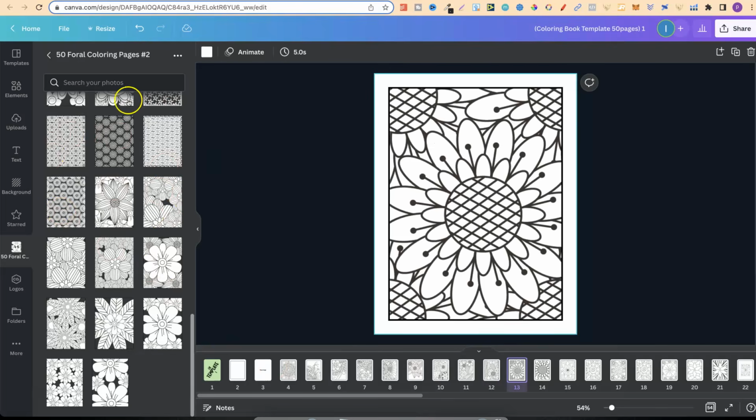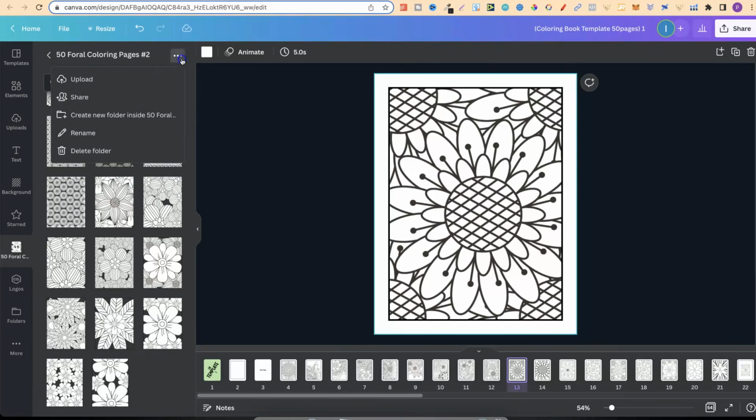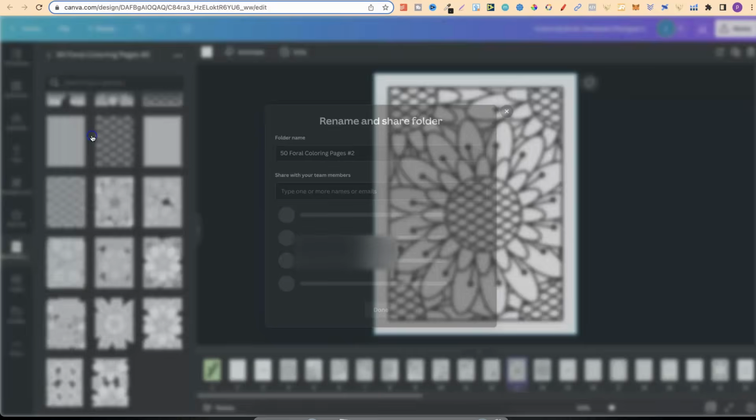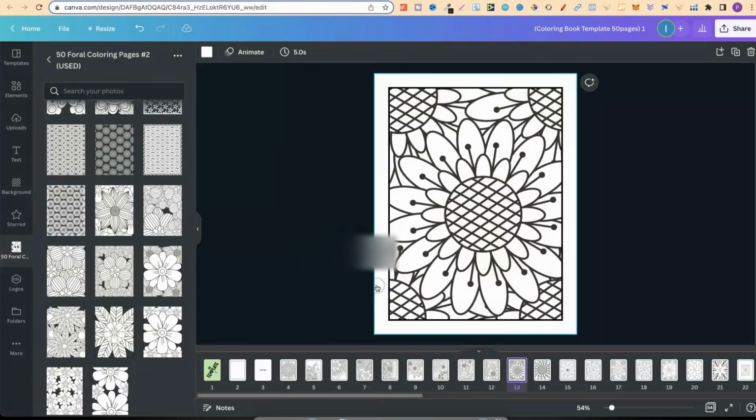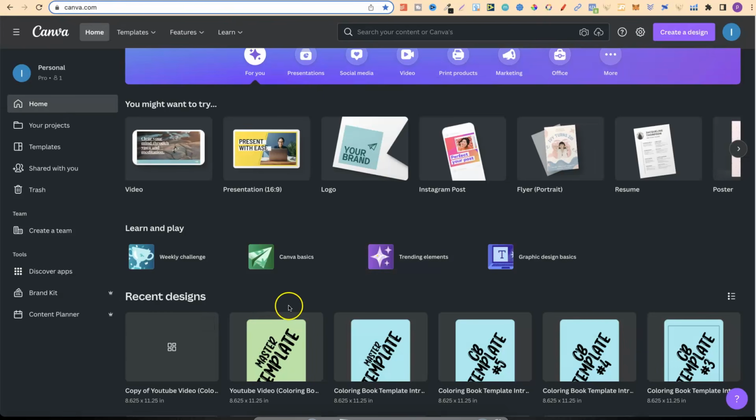Now, with the graphics or pages that you used here on the left hand side, once you've used the pages so that you don't use them again, we go to here, click the three dots, go to rename, and then we just put used, like so, at the end. This way you know that you've used these colouring pages within a book,